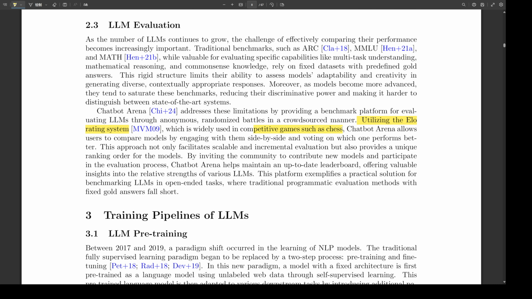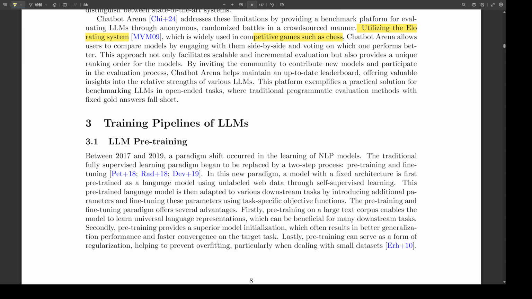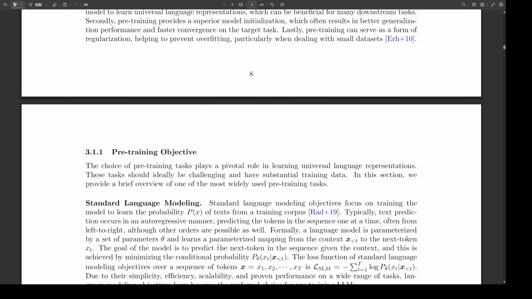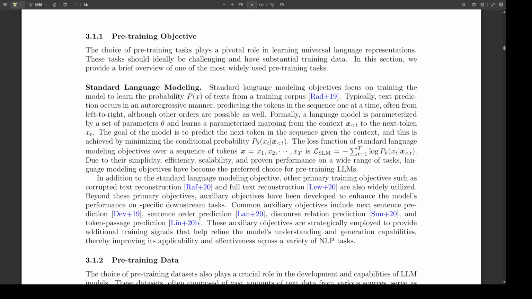So we've covered the fundamentals, the architecture, and even evaluation. Let's move on to the training process itself. It sounds like it's a multi-stage affair. It is. There's a lot involved in training these LLMs, and the paper outlines a few key stages. The first, and perhaps most important, is pre-training. Back around 2017, 2018, 2019, there was a fundamental shift in how we train these NLP models. We moved away from pure supervised learning, where you need lots of labeled data, to this two-phase approach. Pre-training followed by fine-tuning. So you first train the model on a massive amount of data just to give it a general understanding of language, and then you fine-tune it on specific tasks.